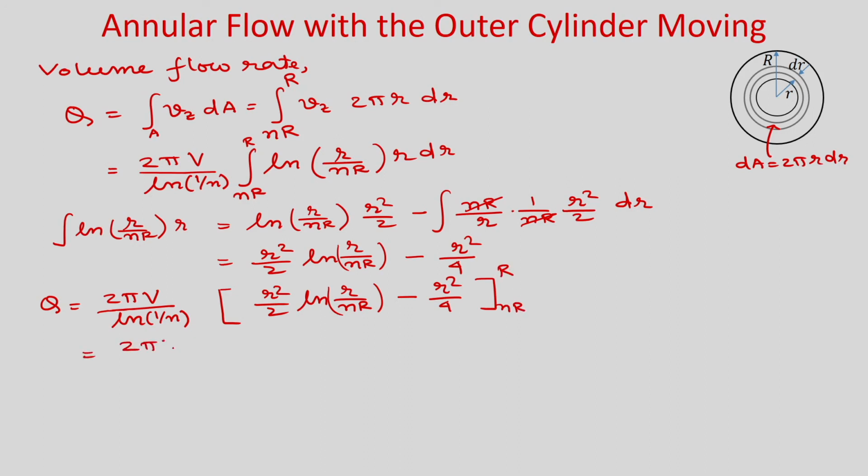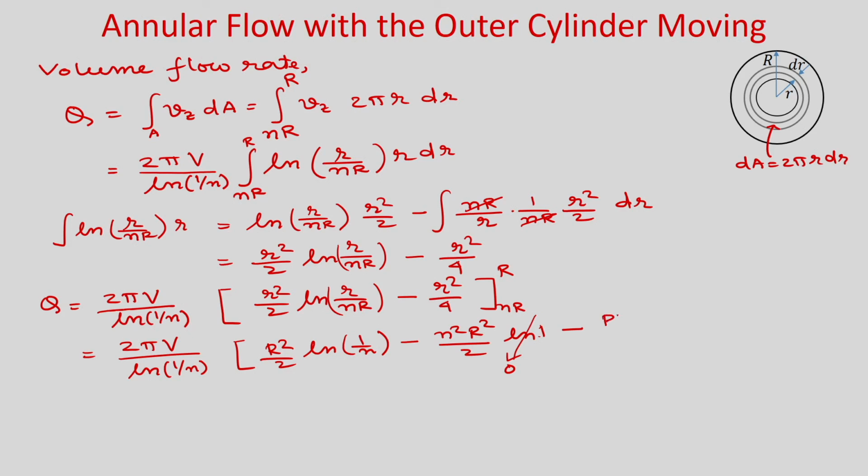So, if you put the limits, you will get r square by 2 ln 1 by n minus n square r square by 2 ln 1, and ln 1 will be 0, and minus r square by 4 and plus n square r square by 4. Okay. So, if you rearrange it, if you take r square by 4 outside, then it will be